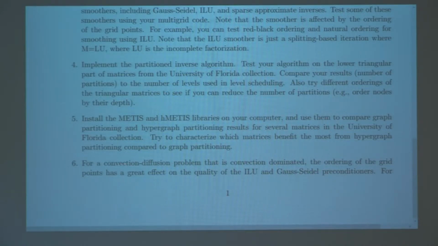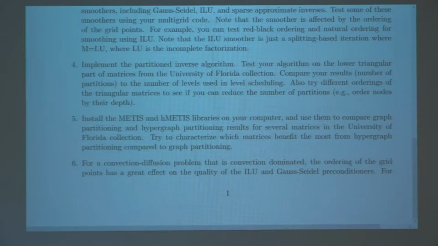Idea number 6. We talked about a convection diffusion problem in class, with a simple discretization. It's the problem that had the beta in it. When beta is large, the problem is convection dominated. And we didn't talk about this so much, but the ordering is really important